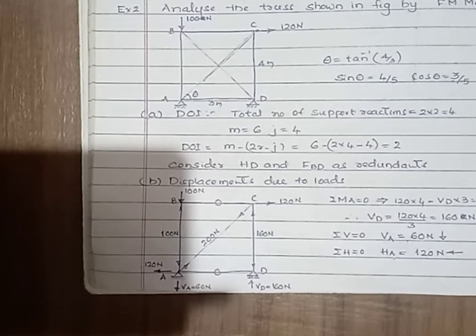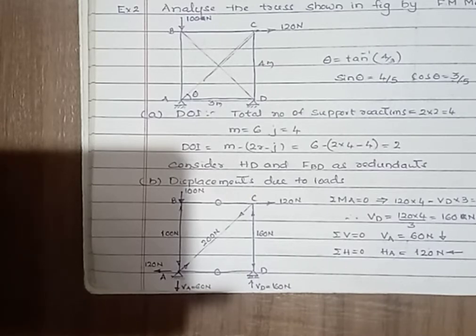Summation of the moments of all the forces about A equals 0. That is 120 into 4, that one is the clockwise moment. PD, that is the reaction at the roller, which is normal to the direction of the roller, that is PD into 3. Therefore, VD equals 120 into 4 by 3. After solving, you will get 160 Newton